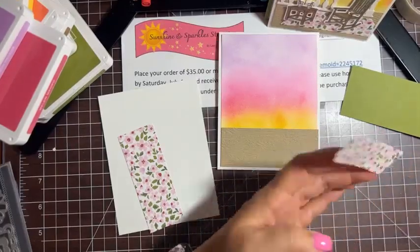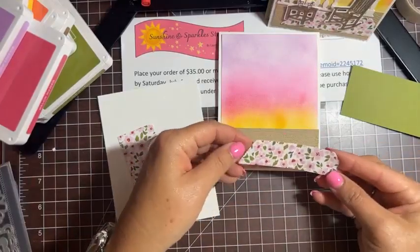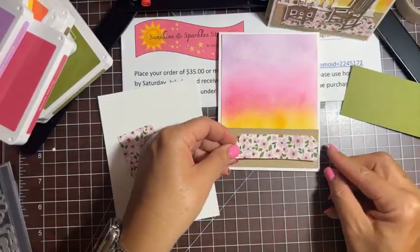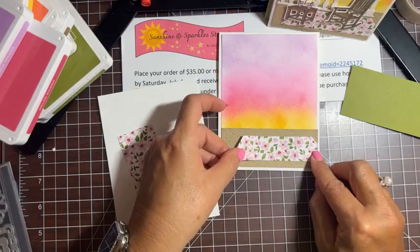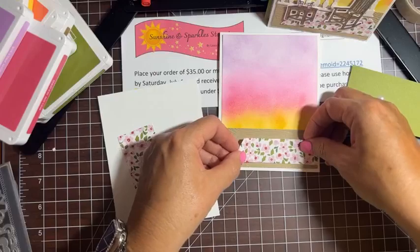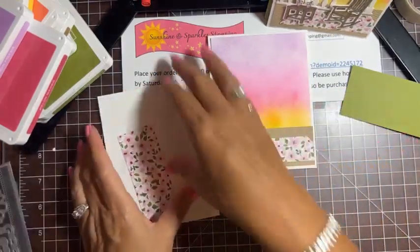I've seen this particular pattern used in a lot of different projects by people. All right, so we'll put this up to the edge right here. I'm going to move it down just a little bit, and that's going to be our rug. Okay, so